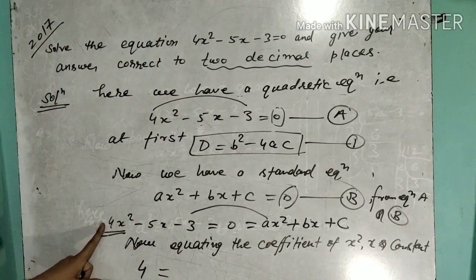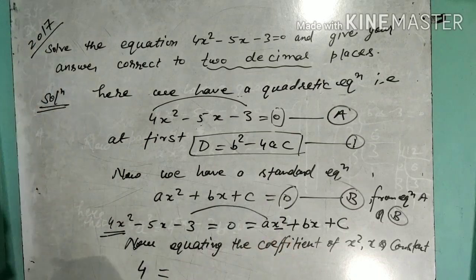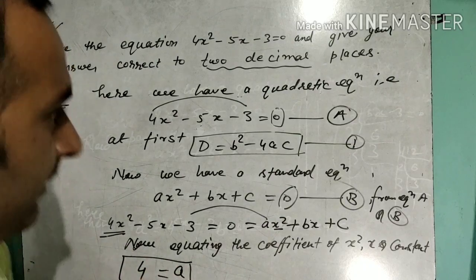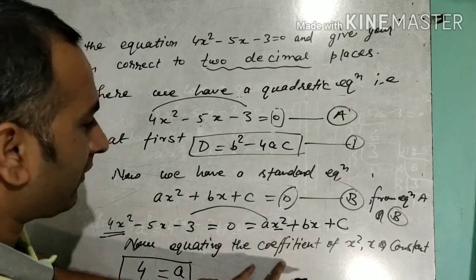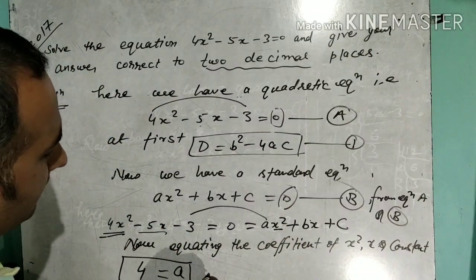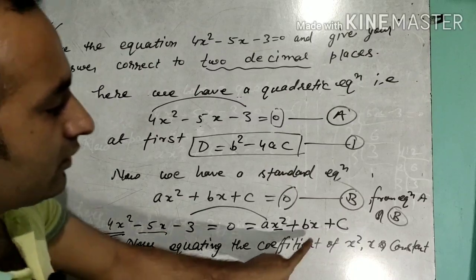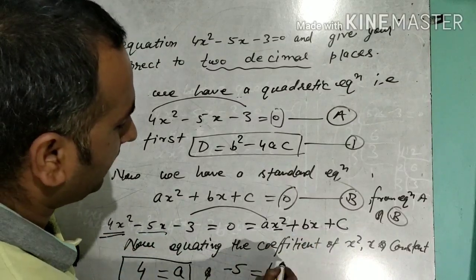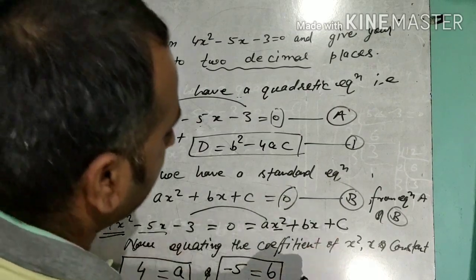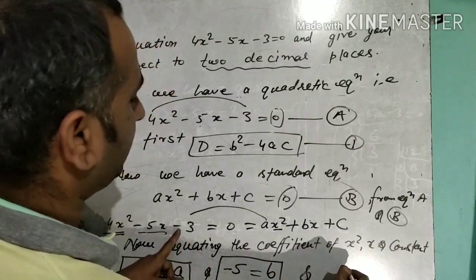By equating, what is the coefficient of x square here? This is a. So a is what? 4. Is it clear? And now tell me, what is the coefficient of x here? The coefficient of x is minus 5, and this will equal b. So b is equal to minus 5. And similarly the constant c is a constant here, so this is minus 3